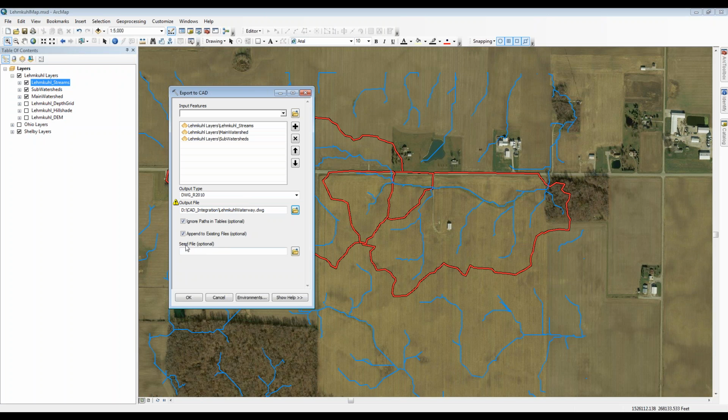So I really recommend using a seed file because you've already got your coordinate system set, you've got all of your line styles and layers in that drawing, and you can also put your layouts or whatever, so you're not starting from scratch each time. If you don't use a seed file, ArcMap will just drop all of that data into a new drawing file that doesn't have, it'll just be all standards. So let's specify that seed file,